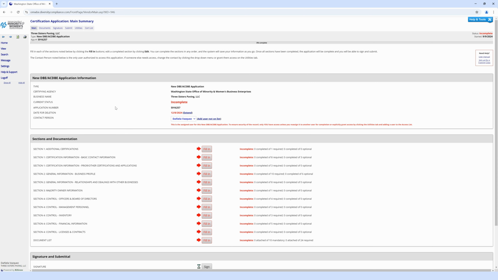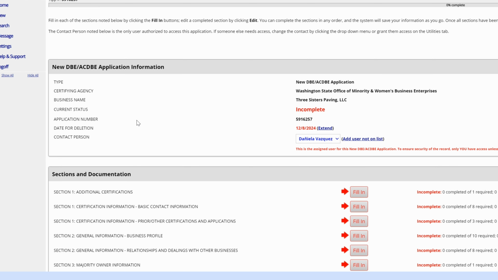In the New Application Information box, you will find the type of certification you are applying for, certifying agency, business name, current status of your application, the assigned number of your application, and the date by which you must complete the application before it is deleted from our system. Notice next to the date that there is an Extend button, which you can click if you need more time. Each time you extend your application, you will be given an additional week. Please note that you must complete or extend your application before midnight on the date shown, or your entire application will be deleted. Don't worry though,